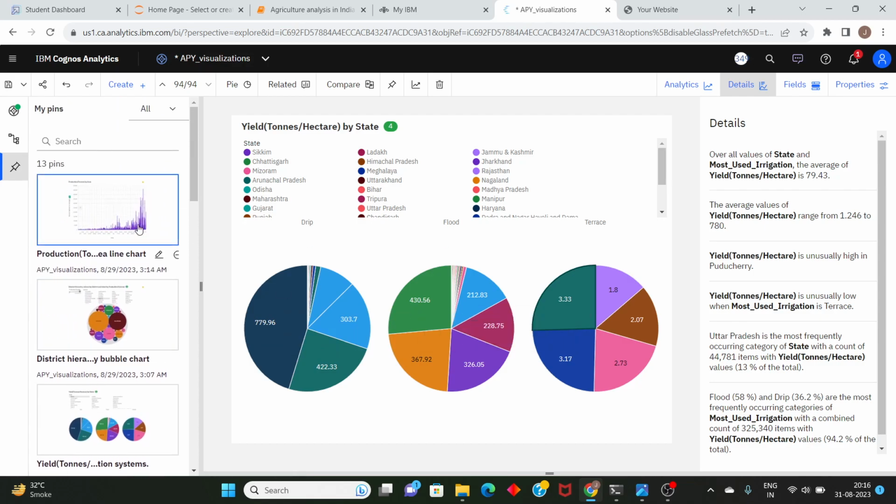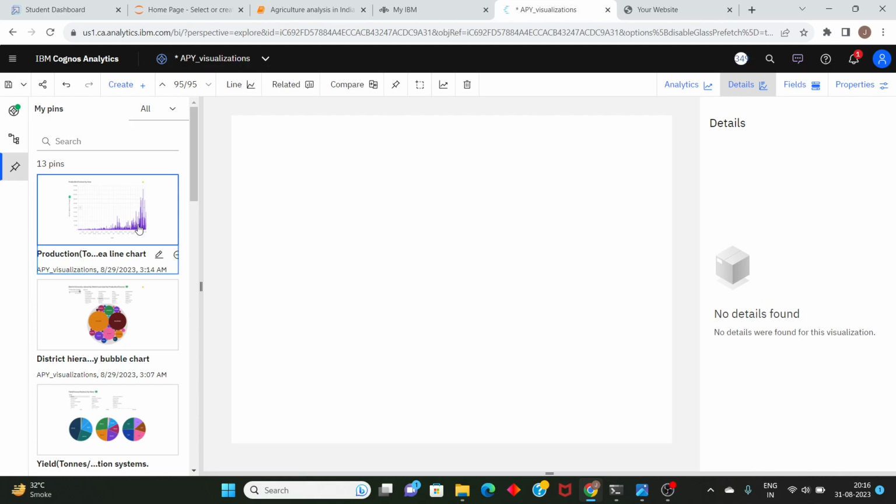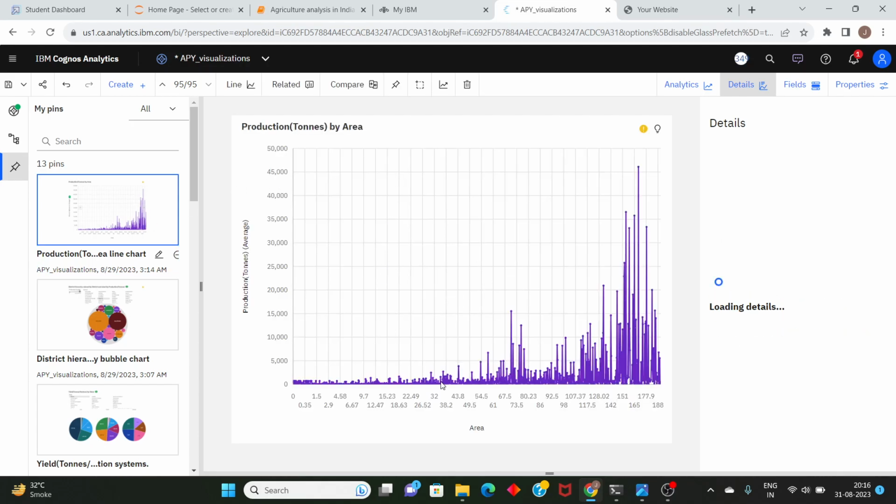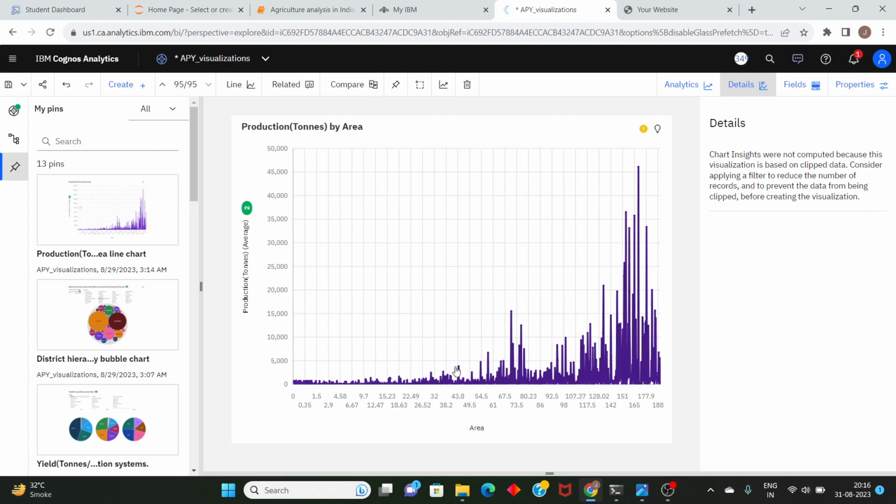After that, if we consider this type of visualization, which is production in tons by area, we can see that as the area increases, production also increases. So a higher area can give a better production. After that,